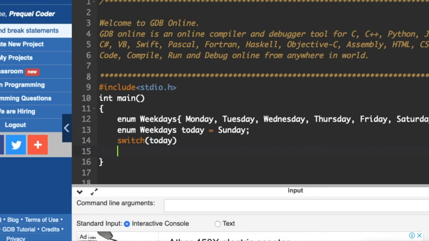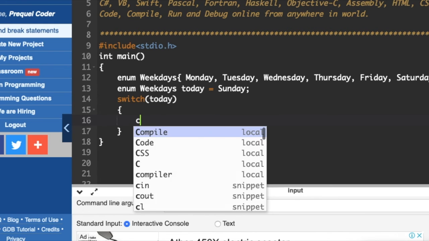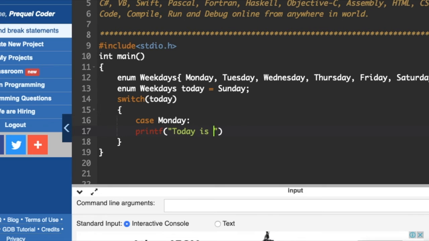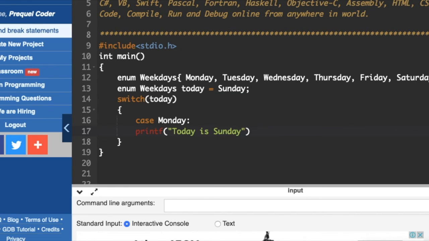Then we will go into the loop and print some cases between the parentheses. Case Monday. I will print today is Sunday. And I'm going to use the escape character.